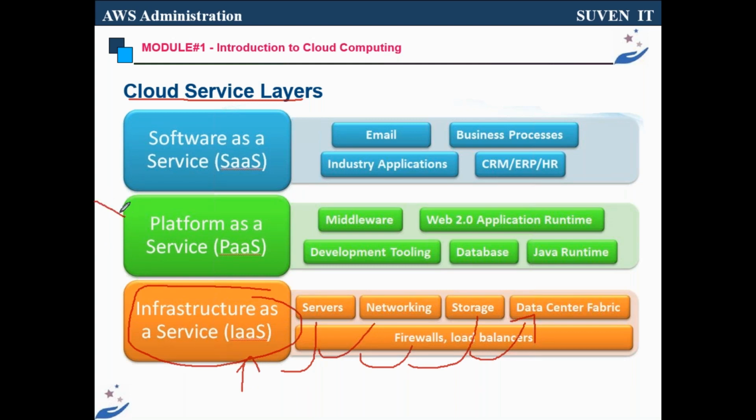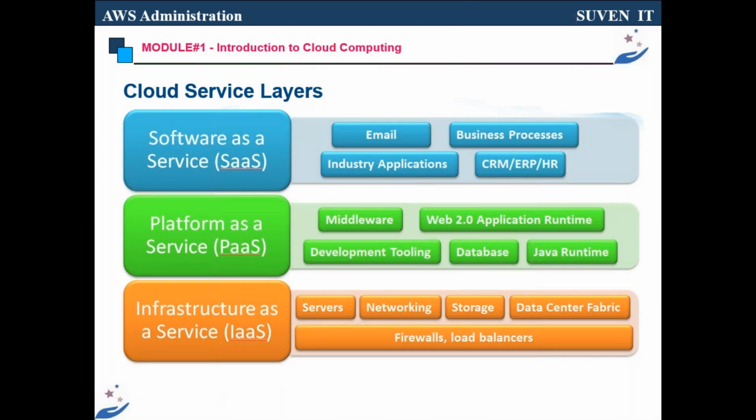If you go to the platform as a service model, it is all middleware like web servers, databases and Java, the runtime environment. Then software as a service means your email, business email, industry applications and CRM, all applications. That means you are directly getting the application.